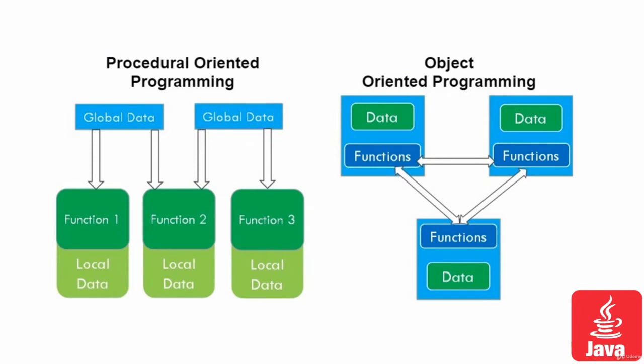In the programming languages, before the emergence of object-oriented, we have the procedural approach, a procedural programming approach or procedural-oriented programming, where we have global data, local data, in form of variables or other things. We have different methods or functions and they interact with each other in that way. There is a less code reusability, the codes are generally very complex, and it is hard to realize and implement.